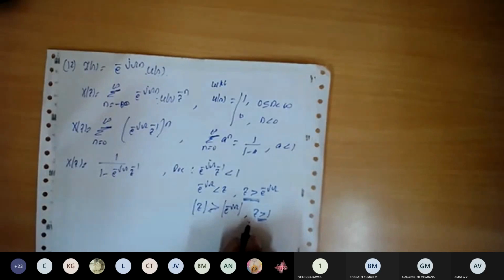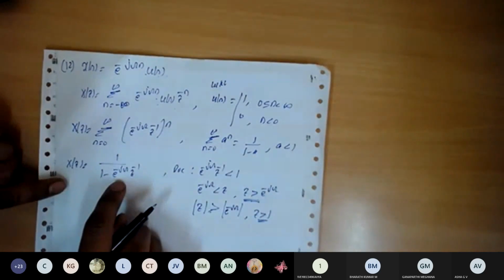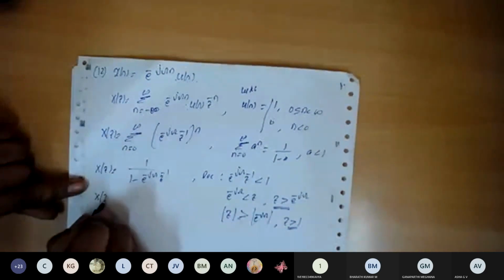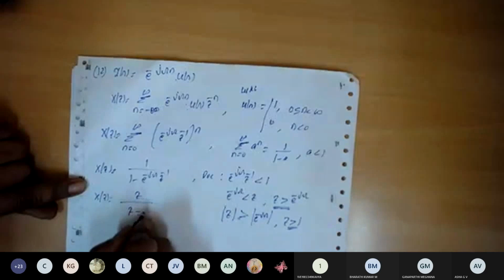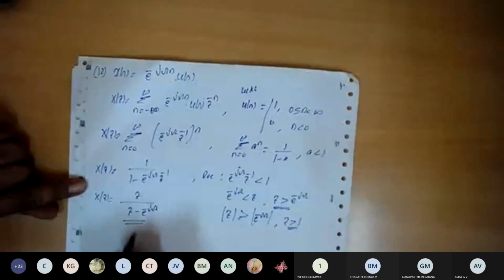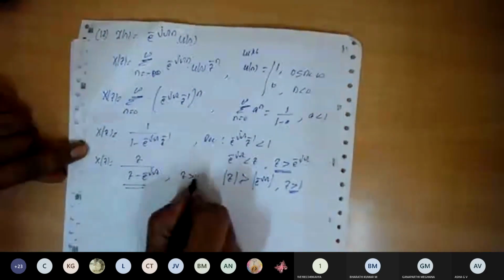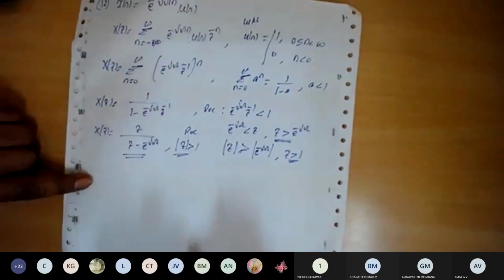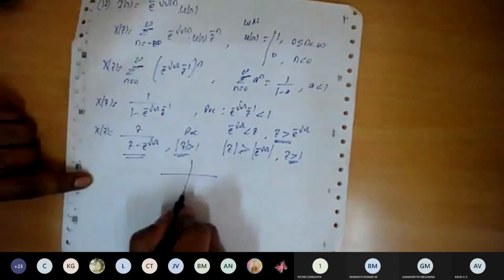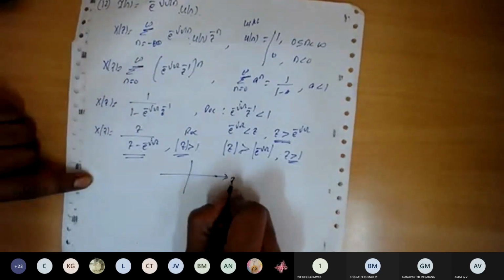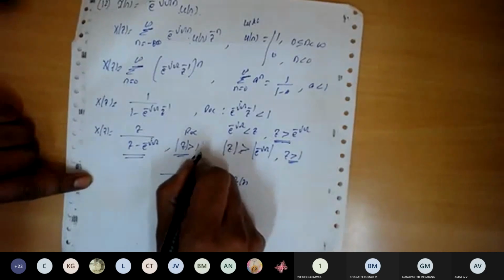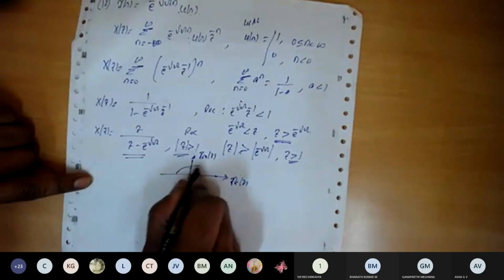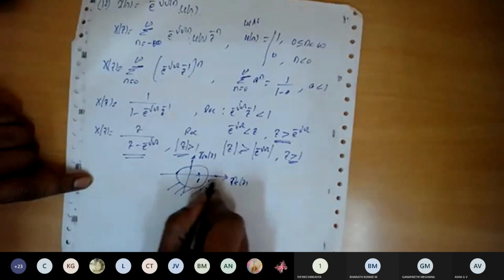Done, right? Now I'm going to simplify this one. Here Z inverse is there, and Z inverse is nothing but 1 by Z. When we take the LCM, X of Z is equal to Z divided by Z minus e to the power of minus j omega. This is the Z transform provided Z should be greater than 1. This is the region of convergence. If you want to plot, you can plot it here. This is the real part of Z, and this is the imaginary part of Z. At Z is equal to 1, the location of the pole is there. So outside this unit circle, the region of convergence is present.